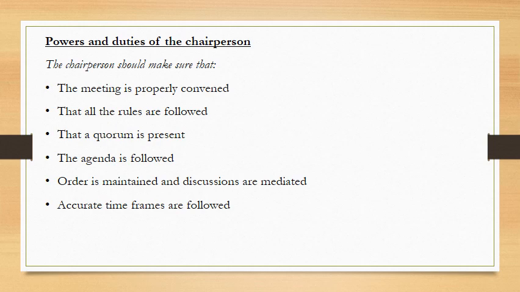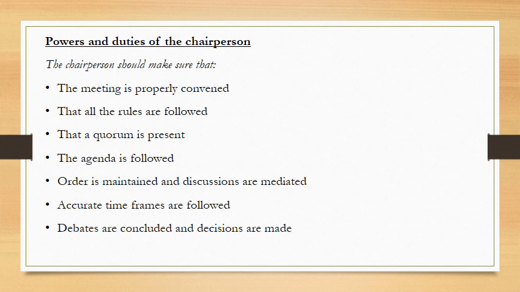Must also make sure that accurate time frames are followed, that the meeting is ended timeously, that it doesn't carry on until 9 o'clock in the evening. You might have noticed that I have 9 o'clock stuck in my brain, but it's because I've been in a meeting from 12 o'clock until 9, and without food. So the chairperson should make sure that accurate time frames are followed. Not too much time is spent on a point on the agenda, so that the meeting can end on time, before 9.